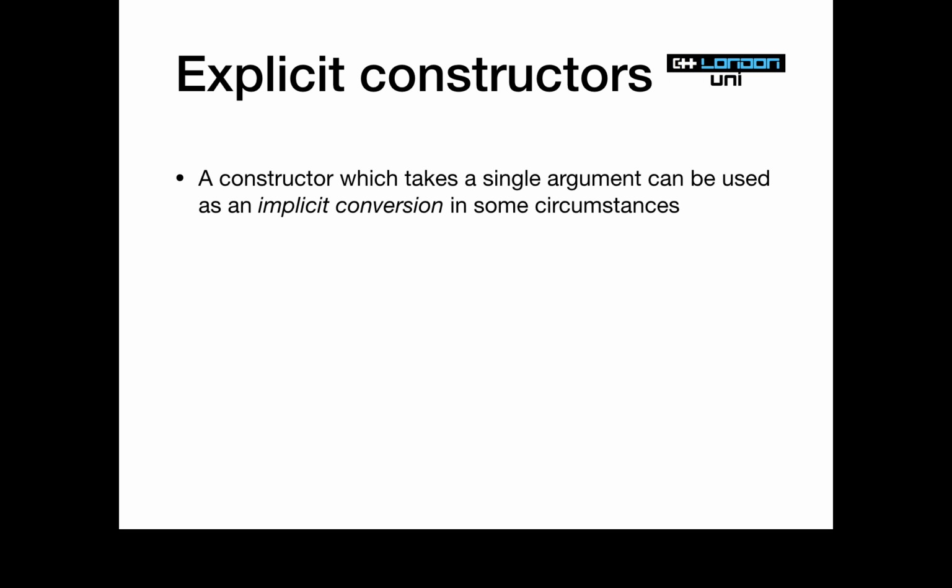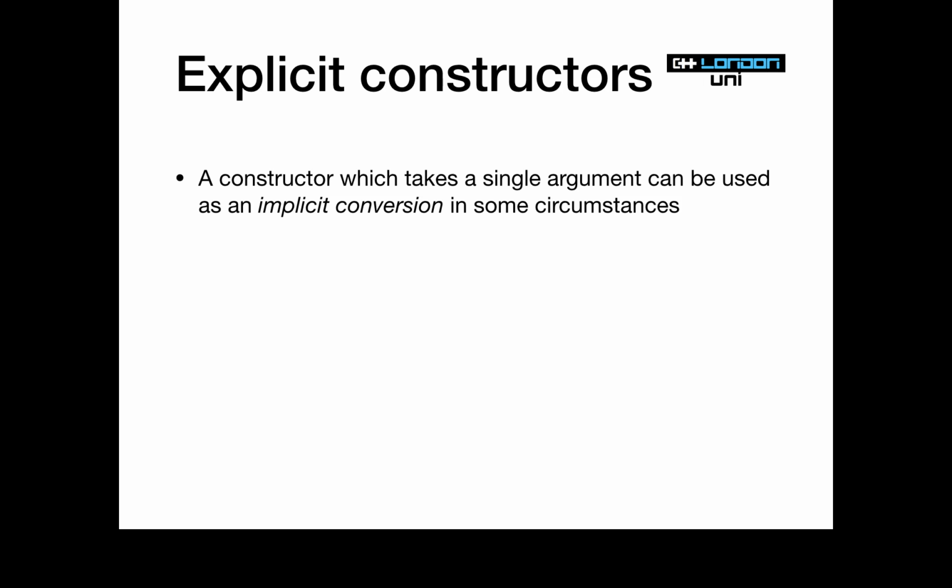Okay, so what we didn't have time for last week was talking about explicit constructors. So we discussed constructors. You can have multiple constructors. You can have constructors which take no arguments, a default constructor. You can have a constructor that takes many arguments. Like ordinary member functions, you can give them as many parameters as you like.